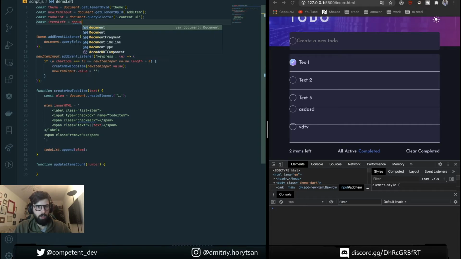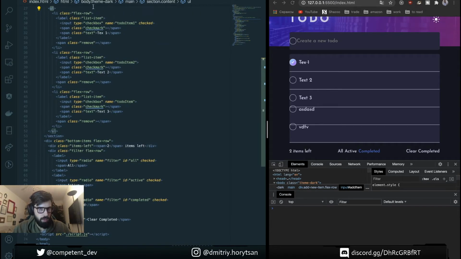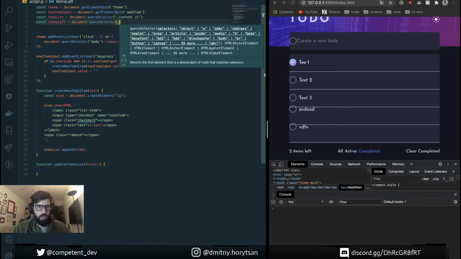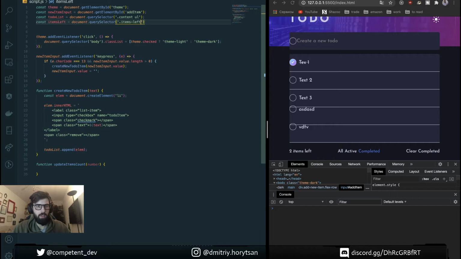It's going to be document query selector, the class items left span.